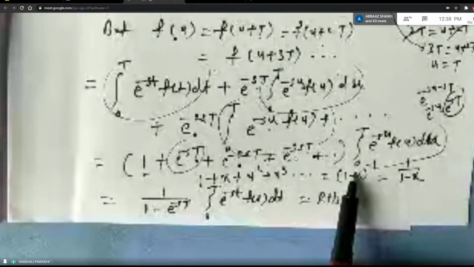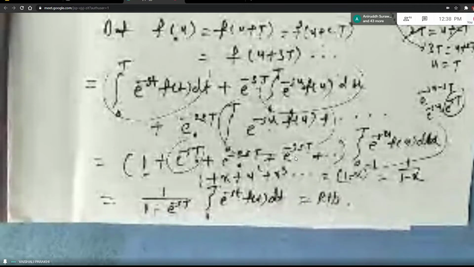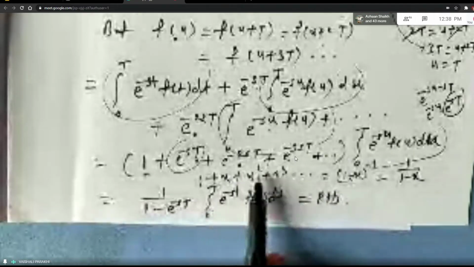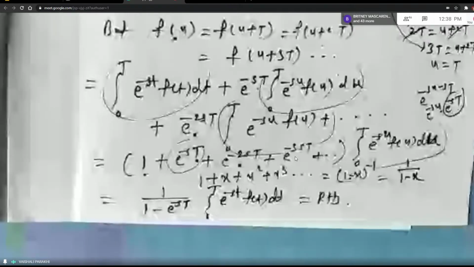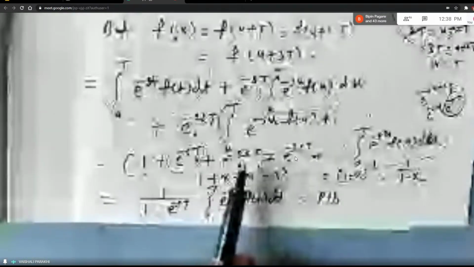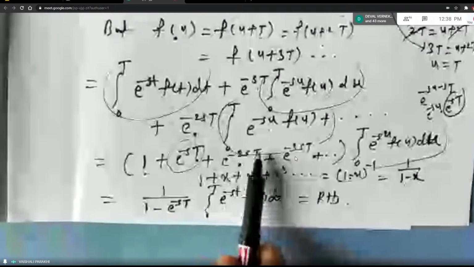I told you at that time, minus minus becomes plus and all terms become positive. If the middle sign is plus, then there are alternate changes in the signs. So this is the famous series. Raised to minus 1 means what? 1 upon 1 minus x. So if you compare this formula with this, isn't it 1 plus x square plus x cube? Because you can see raised to 2, raised to 3 and so on.